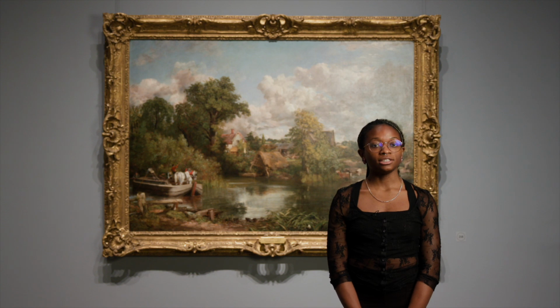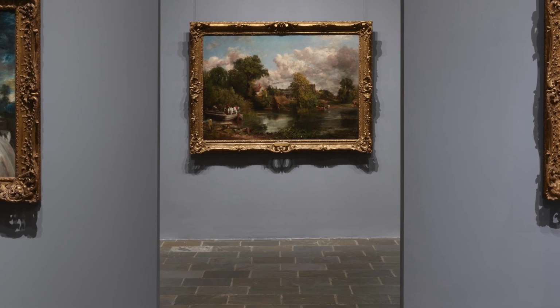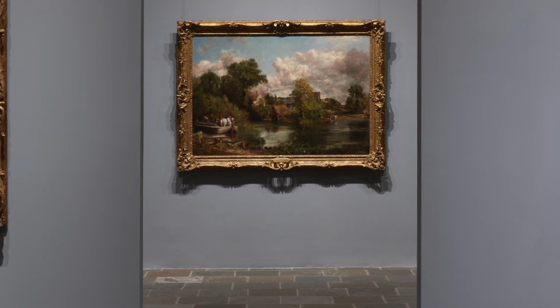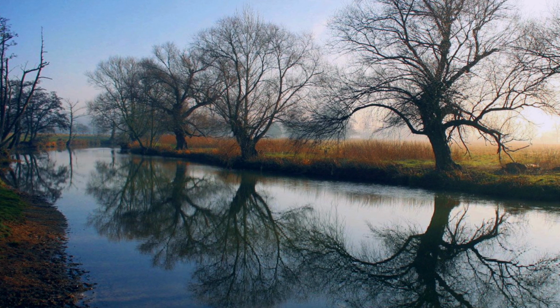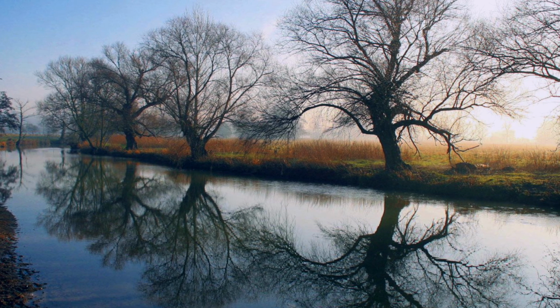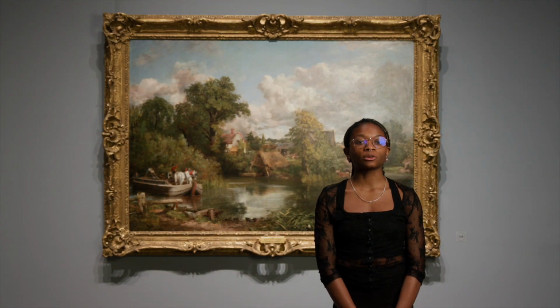Completed in 1819, it marked the first of his so-called six-footers, a series of appropriately named large-scale paintings, each around this size. The 6 works in the series all depict landscapes within a 4-mile stretch along the River Stour, near where the artist grew up and lived most of his life. Constable was so well known for representing this rural landscape that the area he most often depicted became colloquially known